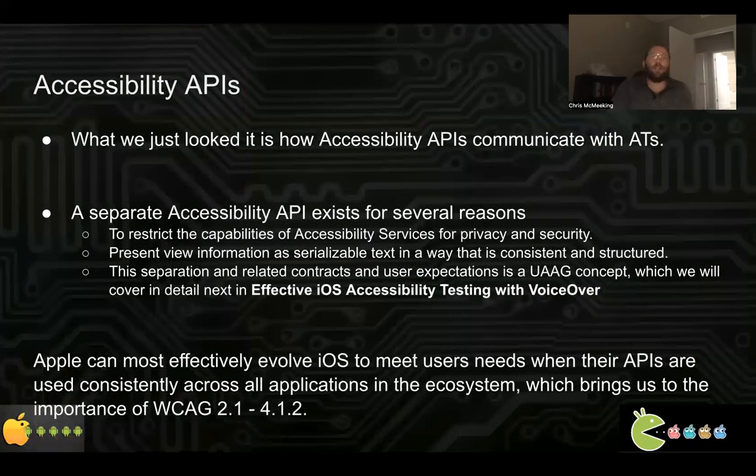All right, so let's talk a little bit about accessibility APIs. What we just looked at is how accessibility APIs communicate with assistive technologies. How does information go from being rendered on screen to being rendered by something like VoiceOver, Brailleback, or other assistive technologies? A separate accessibility API exists for several reasons. To restrict the capabilities of accessibility services for privacy and security,